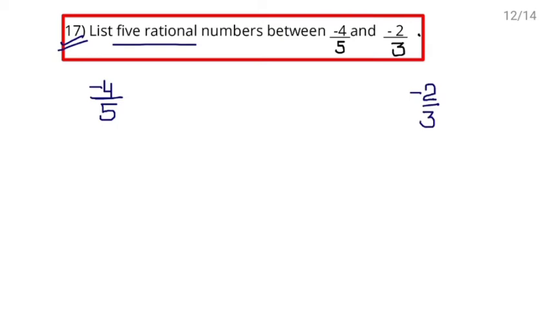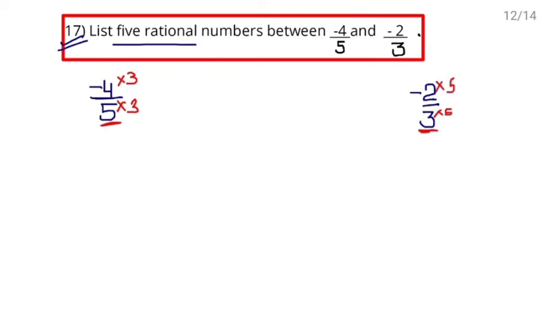First step is to make their denominators same. First step में आप क्या करेंगे? डिनोमिनेटर सेम बनाएंगे. So take the LCM of these denominators. LCM of 5 and 3 will be 15. So make the denominator 15. 5 3s are 15. So multiply numerator also by 3. 3 5s are 15. So multiply numerator also by 5.